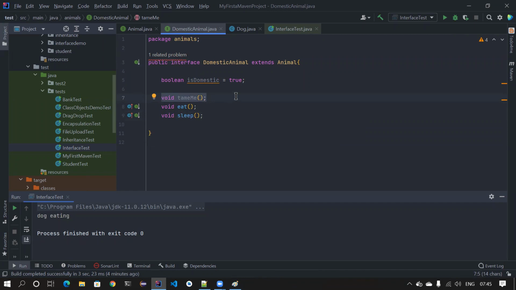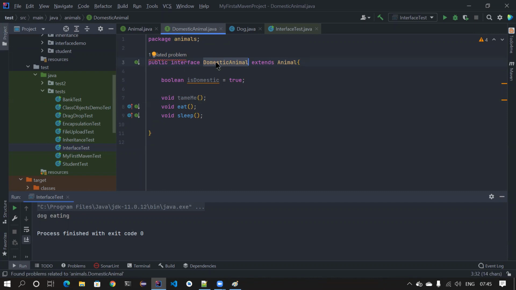Yes, yes, got it. That's the reason. So if you have a set of rules that you need to follow, then it is also applicable to you. They just extend that interface and make that rule applicable for you as well. The reason why we created this animal interface is that it can help the domestic animal interface as well as